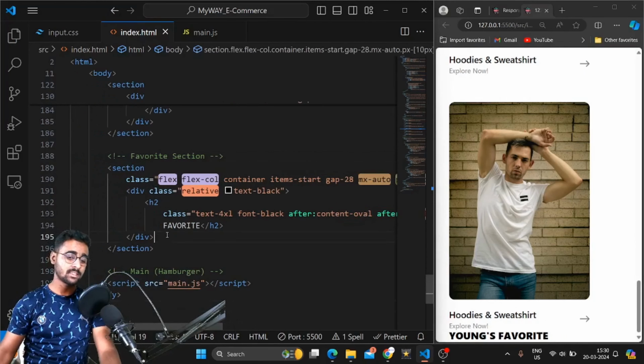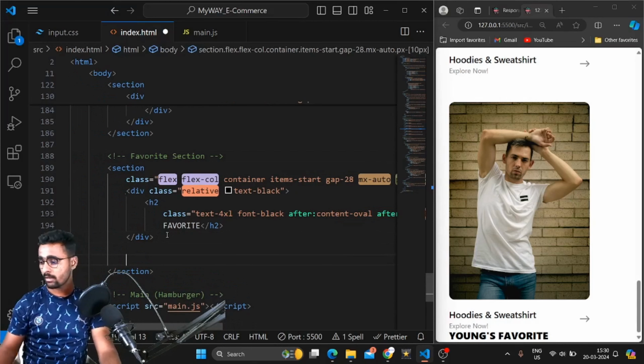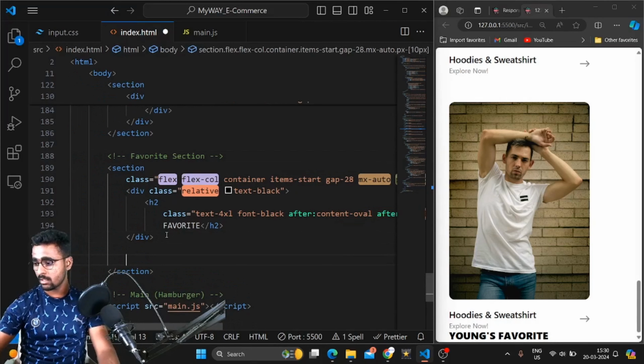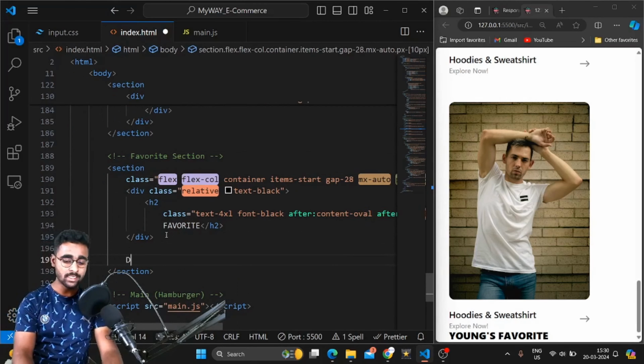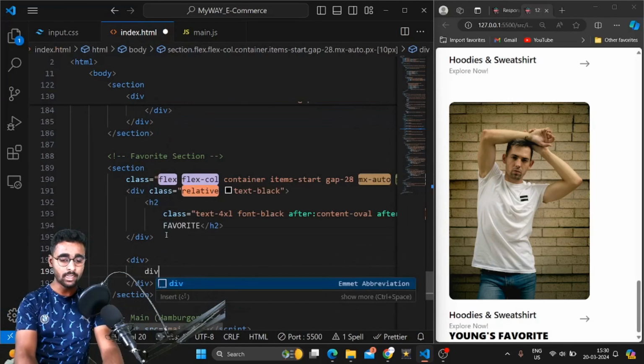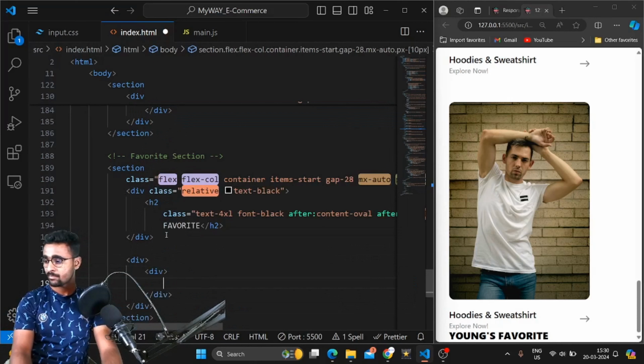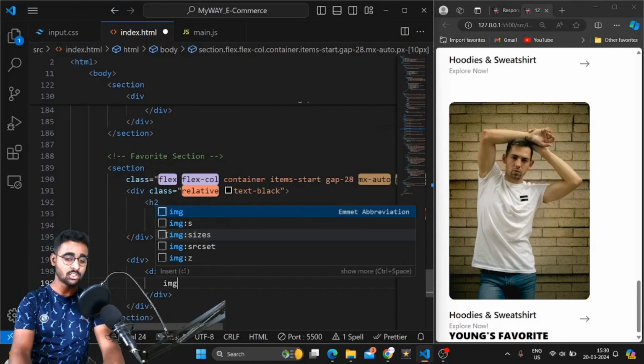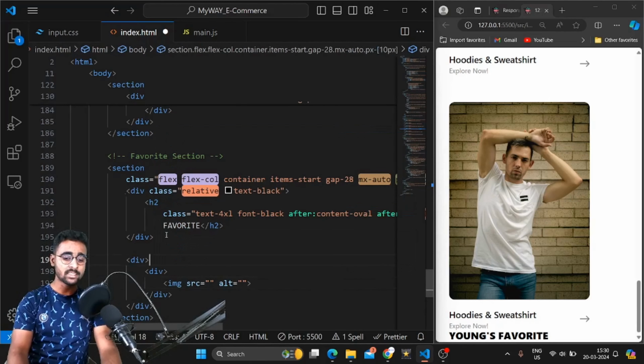So just after this div, we have to take one div which is exactly the same. So let me take the one div. Inside that div again I will take one div. Now just inside that div again there will be one image tag. Let me style it first. So the class will be of,